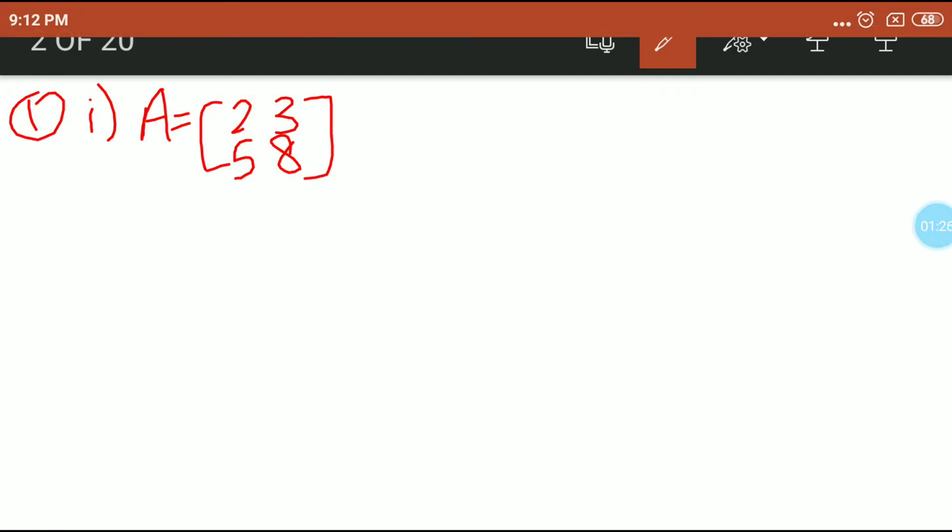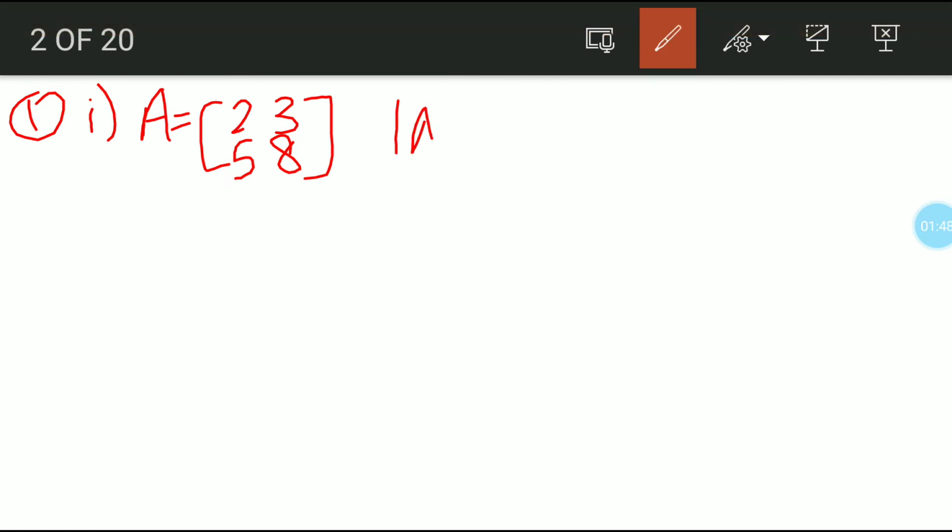So they didn't give us a matrix name A, but I have written it for my ease, so you can understand easily. Wherever I find the modulus of A, I'll just simply write it, so you'll understand that the modulus of the full matrix is what we are going to find. For that simplicity, I wrote it like this. So 2, 3, 5, 8 is our matrix. So first we will find the modulus for it. How to find that modulus is very simple. First you put the modulus symbol.